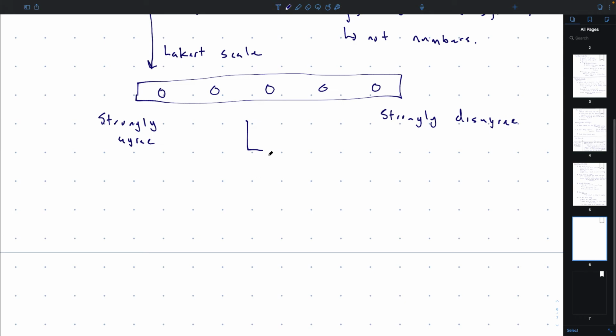And there are some best practices with using Likert scales. You might have done this before where you've had to fill out 100 questions or something with these Likert scales, right? And so you know that after a while you get tired of doing it, right? So you want to keep it short. You want to avoid fatigue.